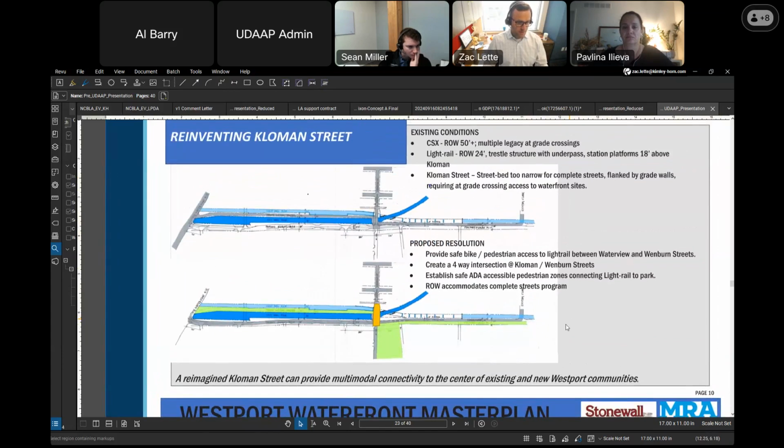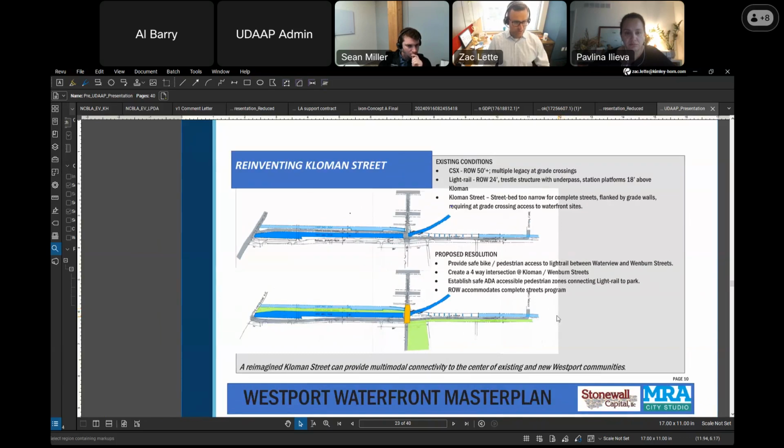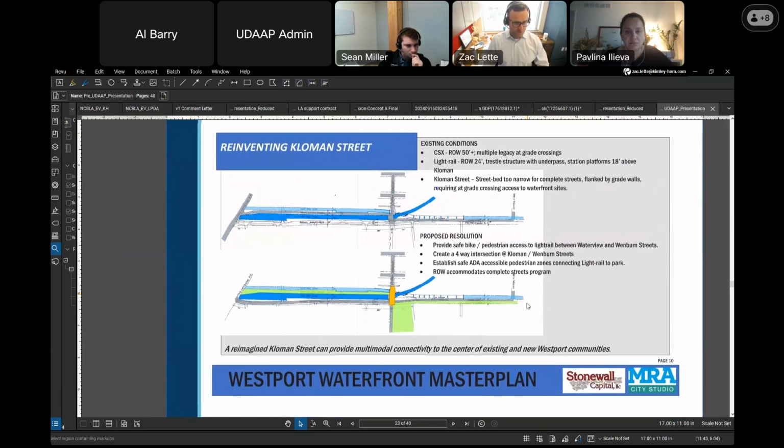The proposed solution provides a safe pedestrian connection between Waterview and Weyburn along Cloman Street. It's a complete street. It'll create a four-way intersection at those existing streets, which I think is important. Now it's a little haphazard. It'll provide safe ADA accessibility to the pedestrian zones, and ultimately connect the existing neighborhood to light rail and to the park space. And then as we mentioned, the right of way accommodates the complete street program, both within the project